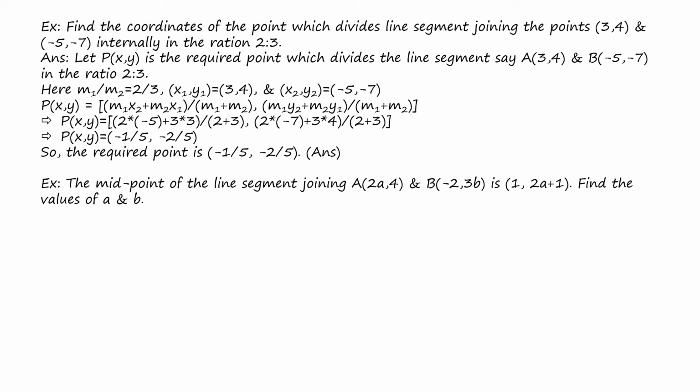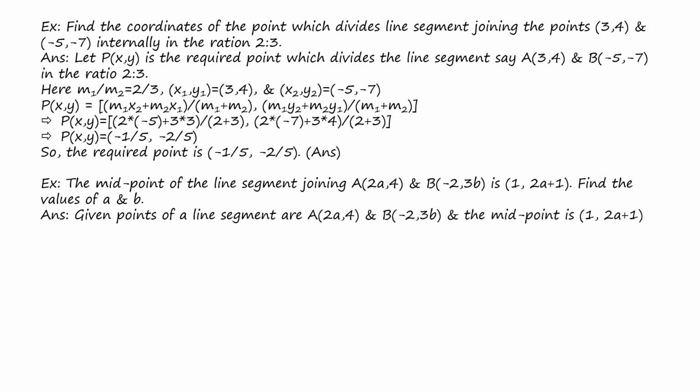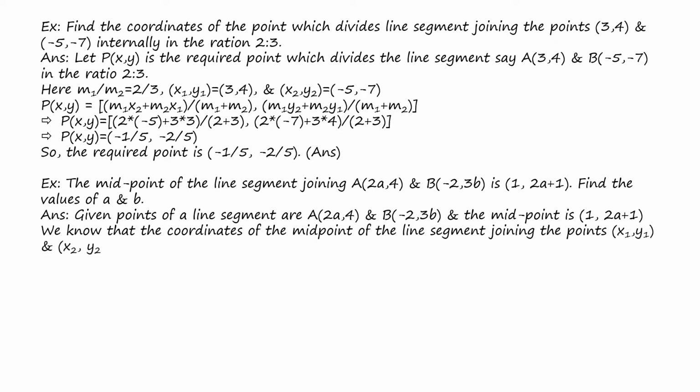So in this question, the two endpoints of the line segment are given and the midpoint of that particular line segment is also given. But it contains some variables a and b which we need to find out. Given points of the line segment are A(2a, 4), B(-2, 3b) and the midpoint is (1, 2a+1). Now we know that the coordinates of the midpoint of the line segment joining the points (x1, y1) and (x2, y2) is given by